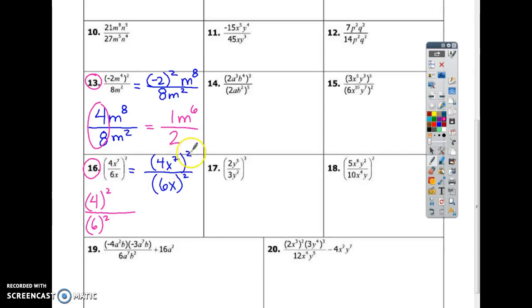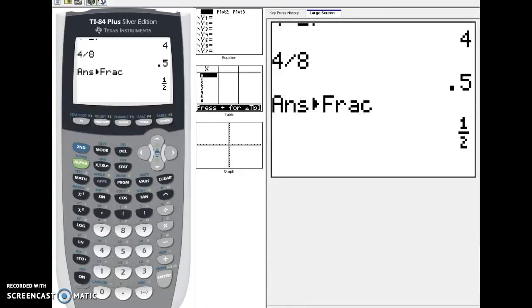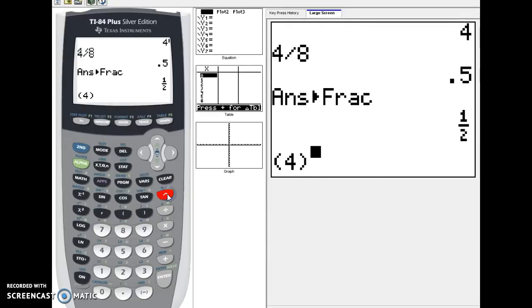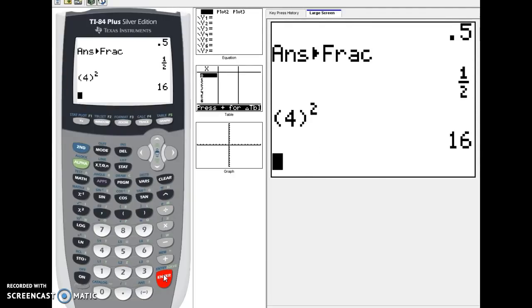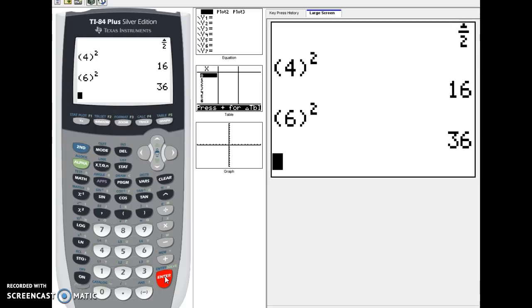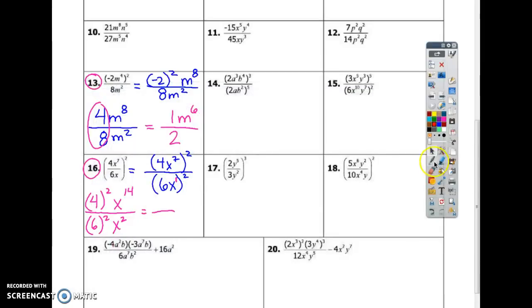What do I do with these, the 7 and the 2? Multiply. So now I have x to the power of what? 7 times 2? 14. And then this is a 1, right? So 1 times 2? 2. X to the power of 2. Let's put these two in the calculator, the top and the bottom. 4 to the power of 2, enter, and 6 to the power of 2, enter, 16 over 36. So I'm going to put 16 on top, 36 on bottom. x to the fourth